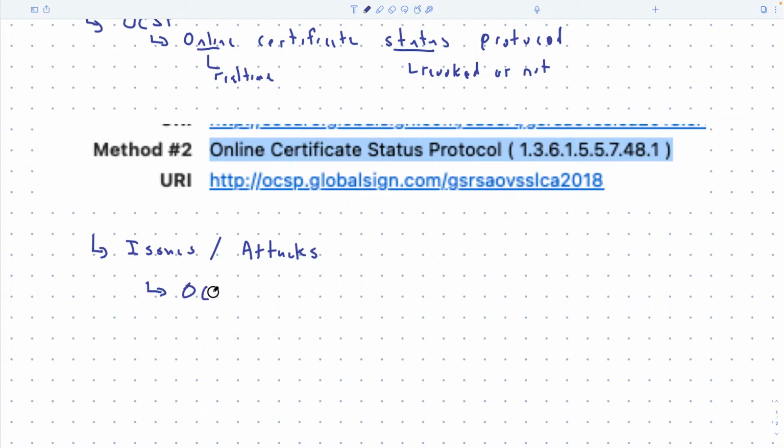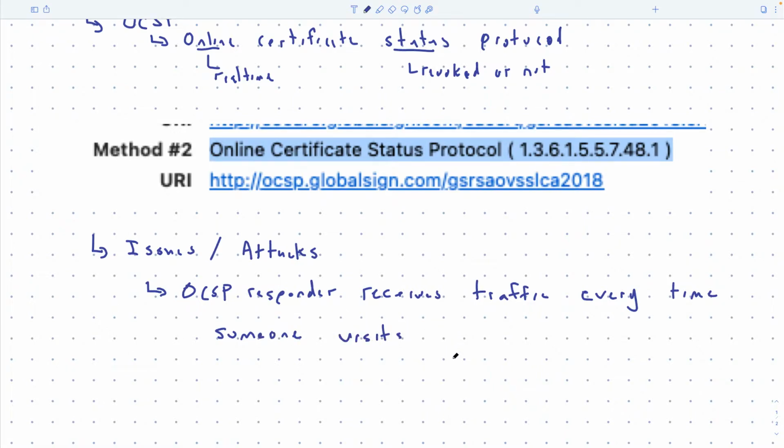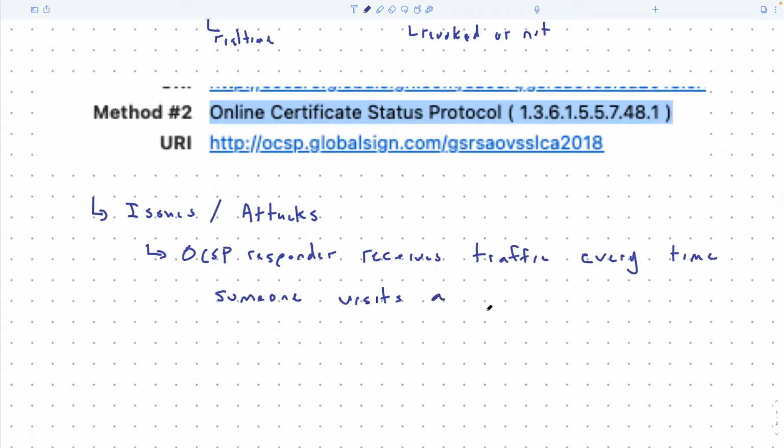The OCSP responder receives traffic every time someone visits, for the first time, but we'll just say visits, a website using a certificate that you issued. So the sum of all the sites that you issued a certificate for.